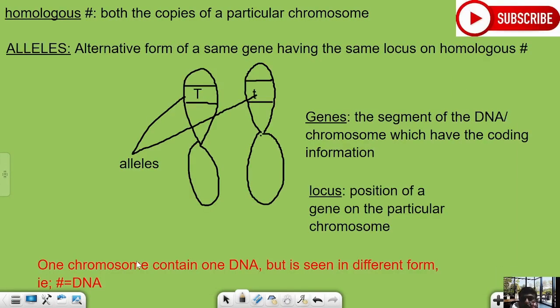So both the copies of a particular chromosome is known as the homologous chromosome. Now we are moving to the next term, which is allele. First of all, we need to understand what a gene is. A gene is a segment of the DNA which has the coding information, and locus is the position of a gene